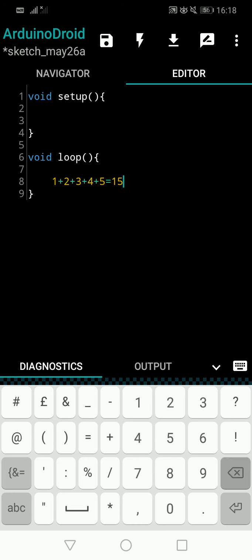Okay. So this kind of cumulative adding of numbers 1, 2, 3, 4, 5, 6, 7, like any number you can go for, right? Adding a number with the next number, right? So we can do it using a while loop.